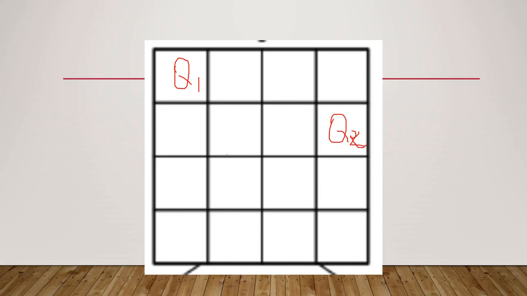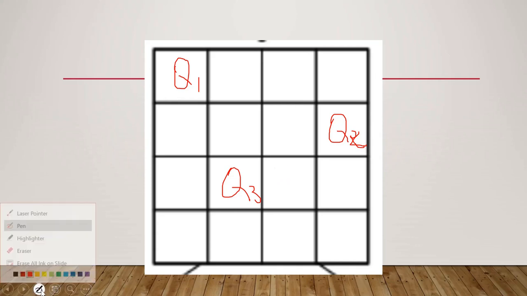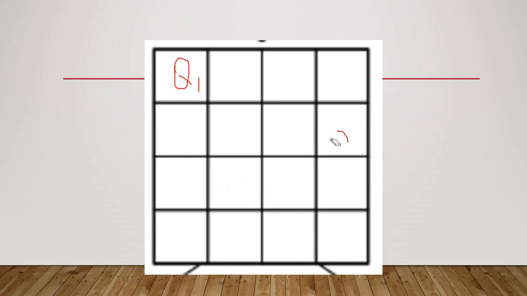So now we need to place Q3. It can be placed either in the second column or the third column of the third row. Let us place it in the second column of the third row. And now for Q4 there is only one option, the third column of the fourth row, but it is diagonal to Q3. So we need to backtrack to Q3. Q3 cannot be placed in the third column either. So we should again backtrack, remove Q3 and go to Q2. From this we find that Q2 does not have any other places.